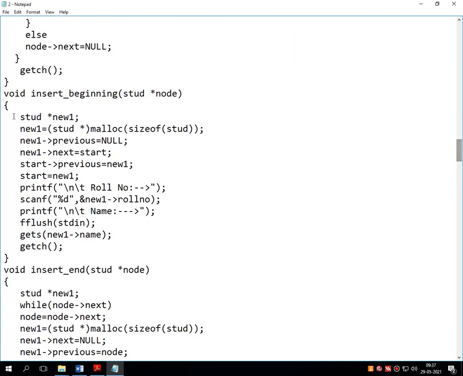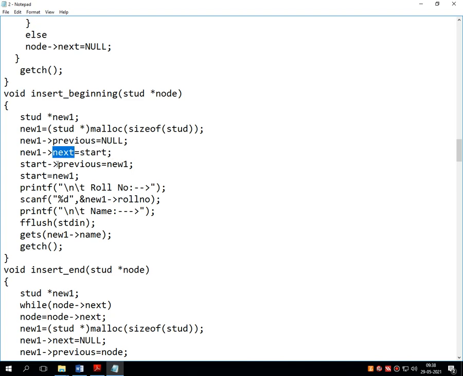Into the insert beginning, this particular program first searches for the first node of the entire linked list. At that particular position, it will add the new node. So this will create the new node first, and then in the new node, it assigns null into the previous section and start into the next section.